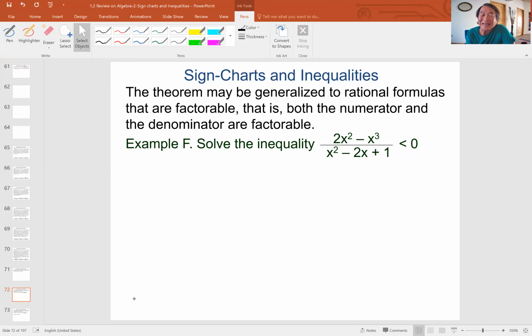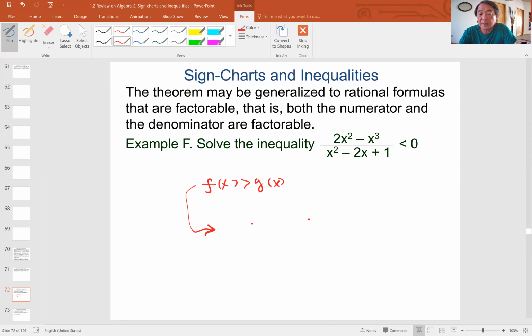Inequality problem can be phrased into sign chart problem. If I want to look at the formula study, say solve f of x bigger than g of x, one formula bigger than the other. In mathematics, we transform this problem into either f minus g bigger than 0 or 0 bigger than g minus f. Either one. We change the problem into A or B, whichever is convenient to factor, and from here we do